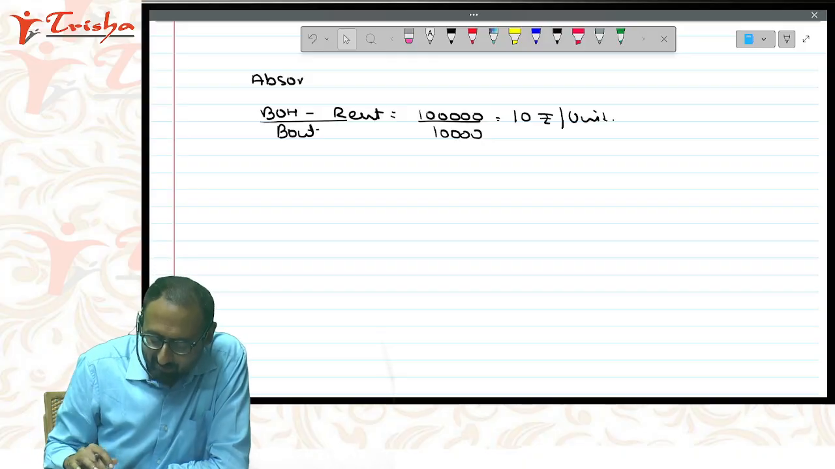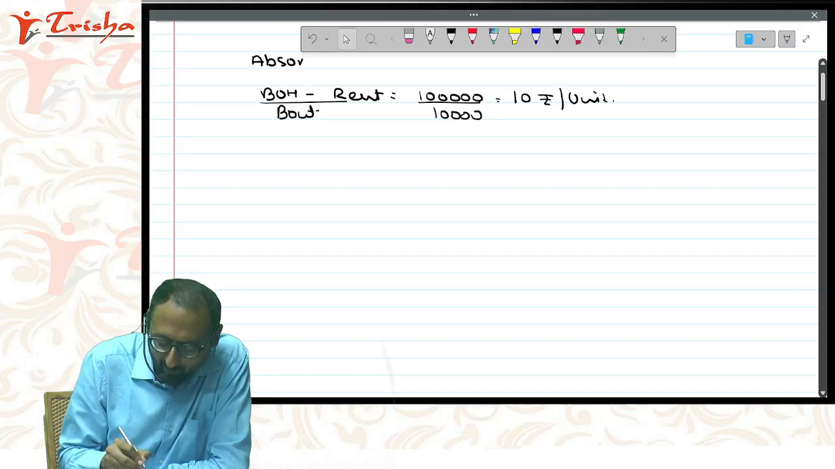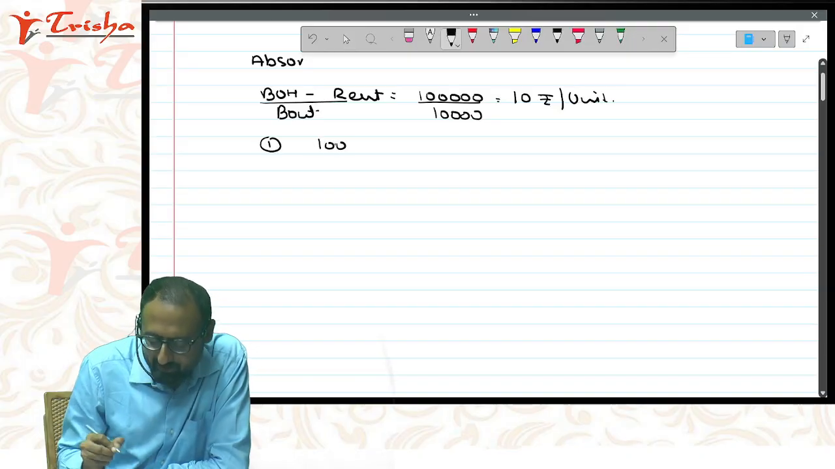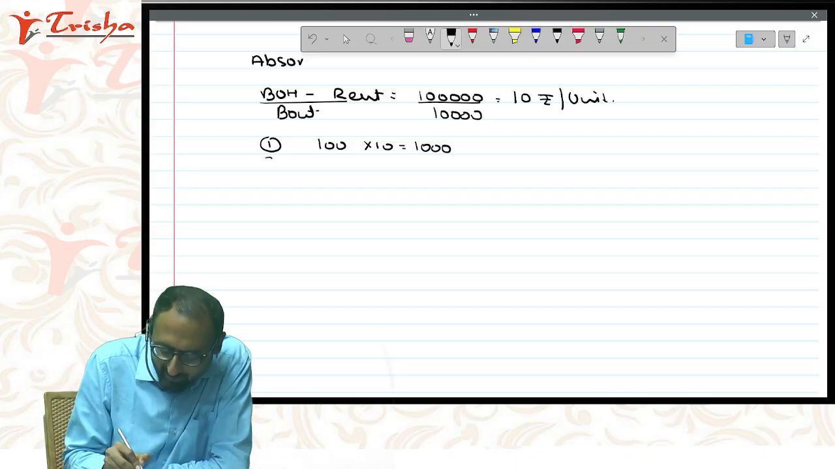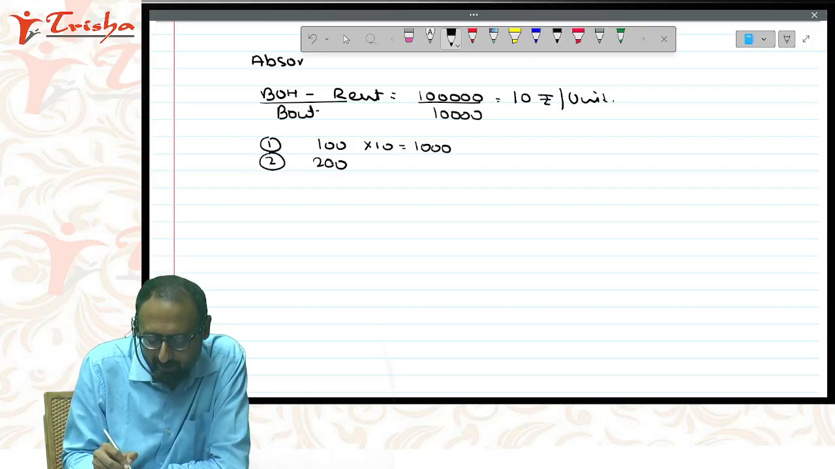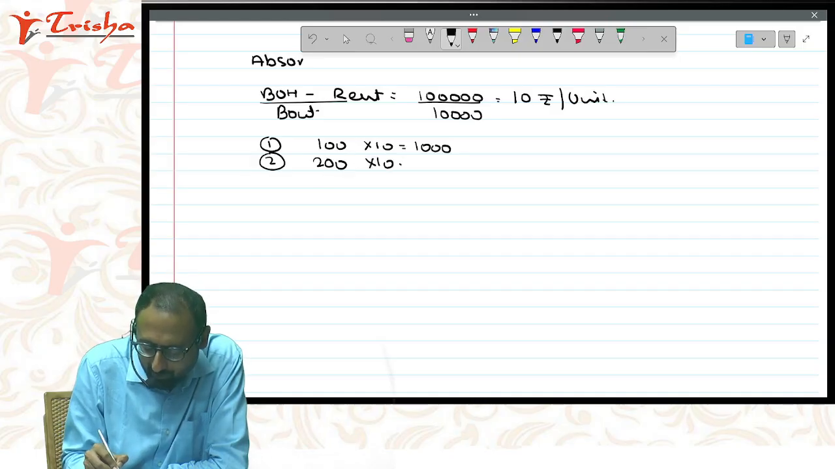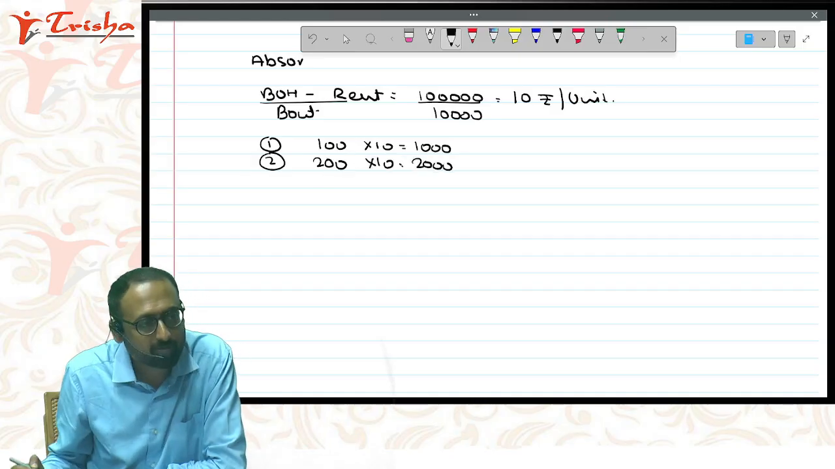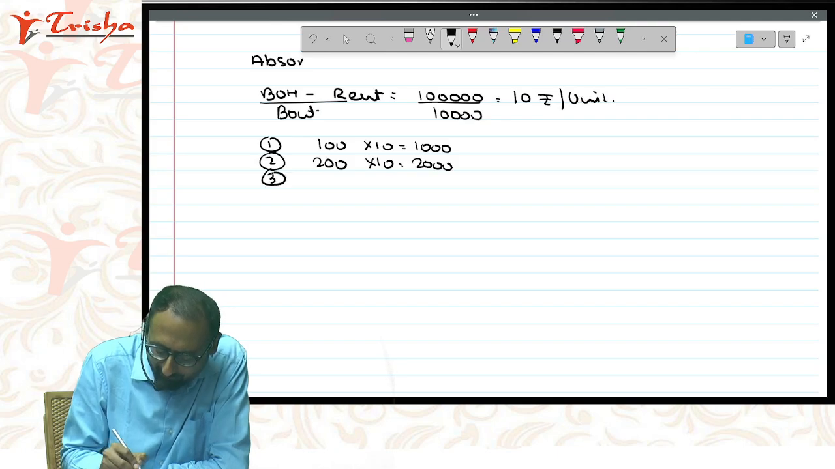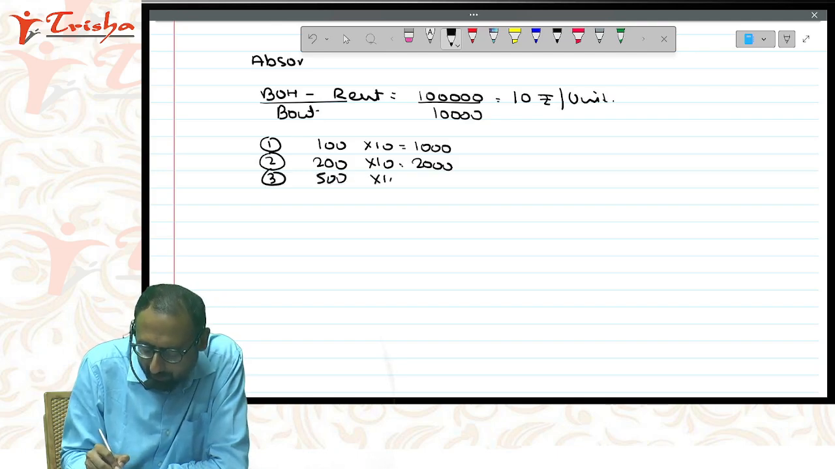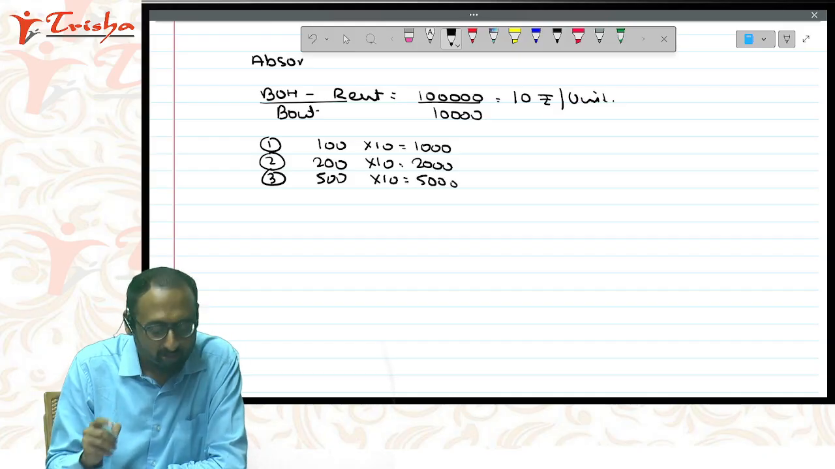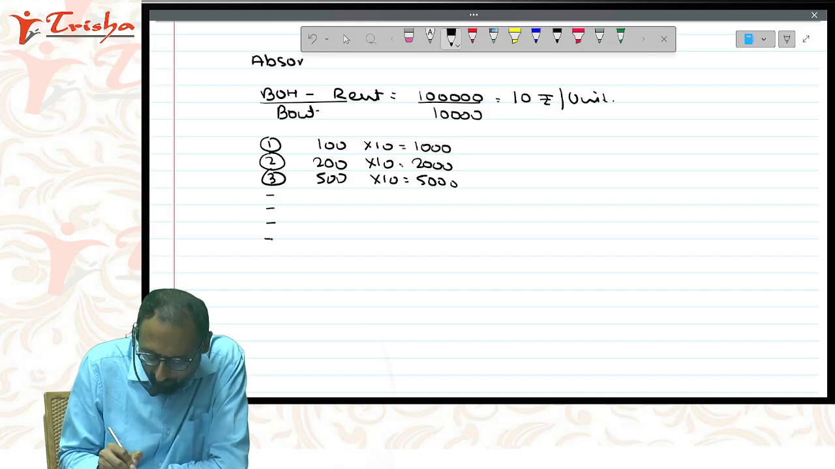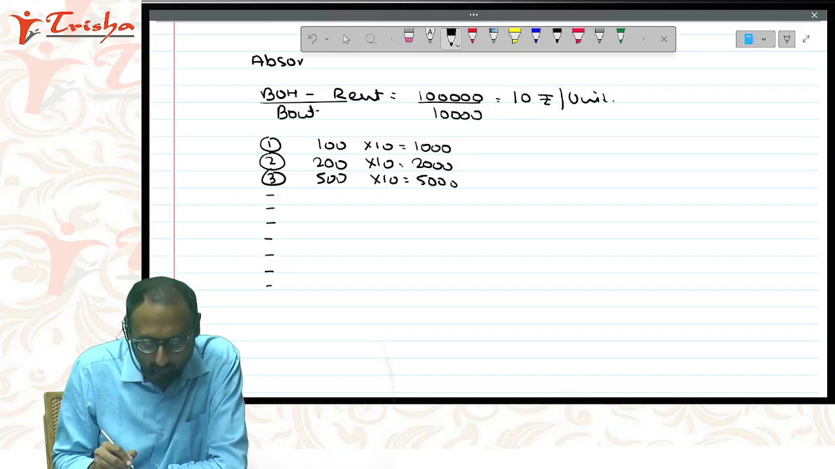So in the next month, suppose on the first day, you produce 100 units. So overhead absorbed will be 100 multiplied by 10, 1000 rupees. On the second day of that month, you produce 200 units. So 200 multiplied by 10, 2000 rupees will be overhead absorbed. Suppose on the third day, you produce 500 units, then 500 multiplied by 10, your total overhead absorbed will be 5000. So during the period, every day you produce, every day overhead will be absorbed, overhead will be recovered